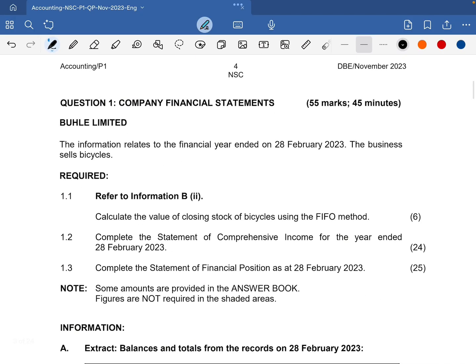Today we're looking at accounting paper 1 that was written in November 2023, and we'll specifically be looking at question 1, which is comprised of company financial statements, and it was allocated 55 marks to be completed in 45 minutes. So we're given Boucle Limited. The information relates to the financial year ended on 28 Feb 2023. Now the business sells bicycles. So we know that our year began on the 1st of March